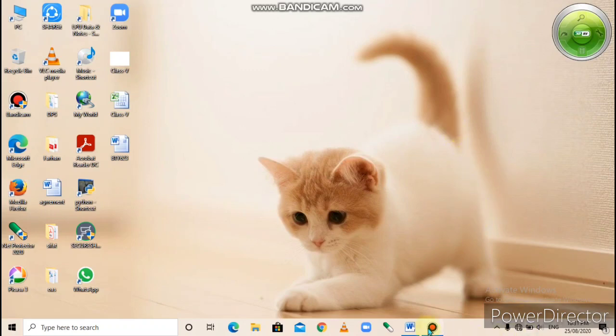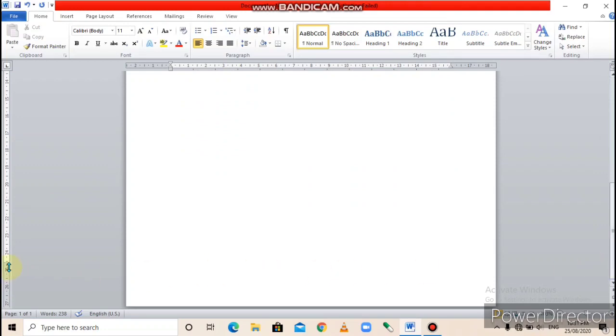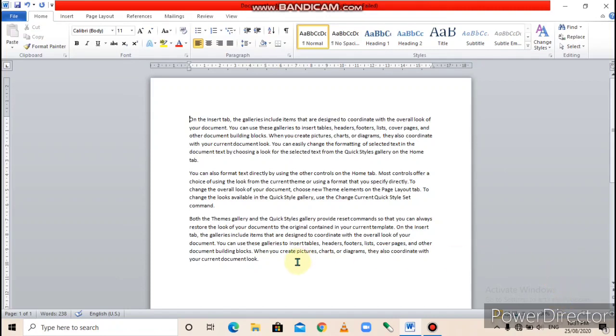Let's see. This is the document in MS Word. This area is known as margin. This area is known as margin. And last, this area is also known as margin. Understood? So what is the page margin? The space between the edge of the page. This is the edge of the page and this is the text edge. So the distance between the edge of the page and the text